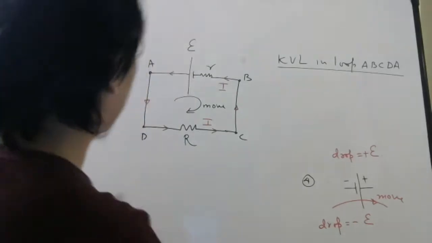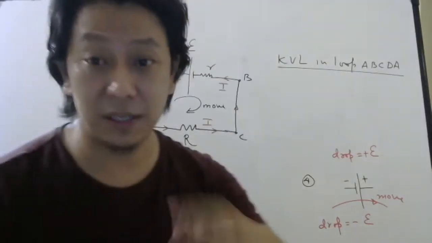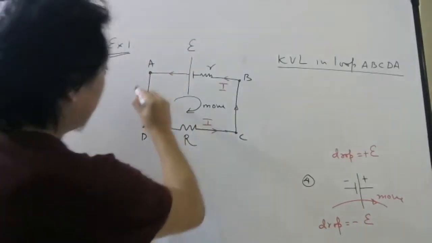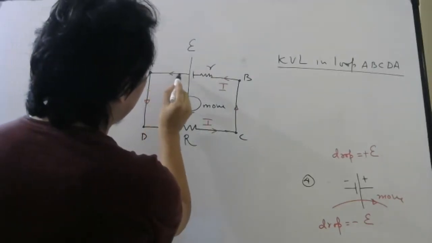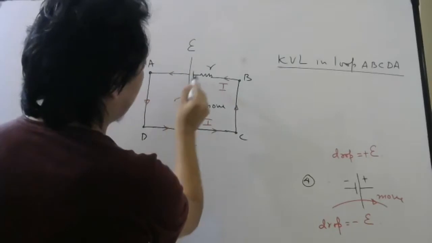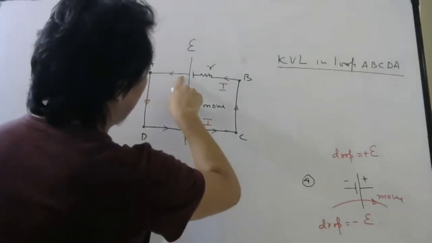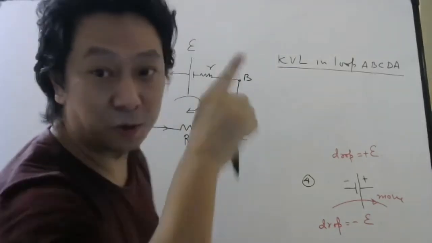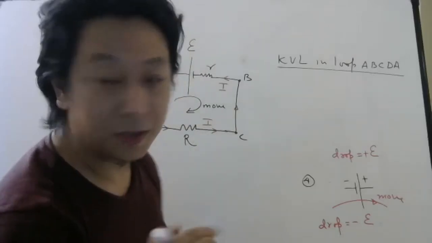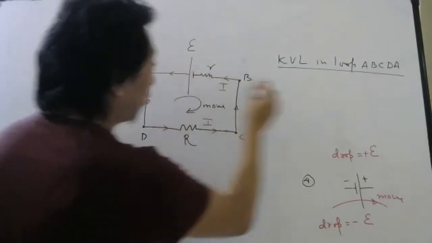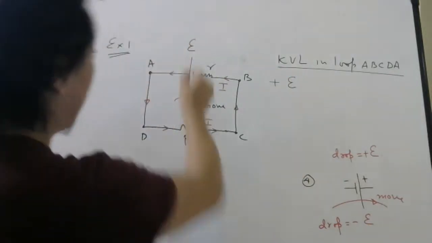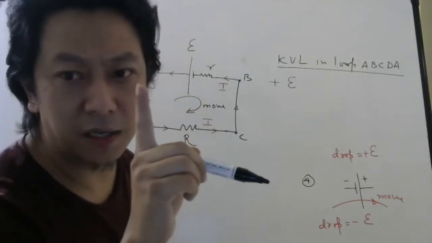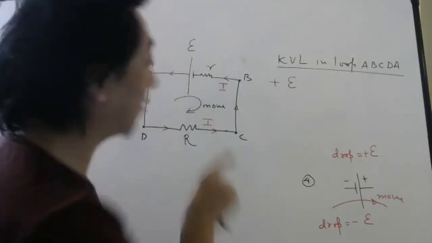So look carefully. And don't forget the sign convention. So I am moving this way, remember, okay? So here, nothing, nothing, nothing. Oh, first thing I see is the battery. I am going from plus to minus, that is drop. So the potential difference here will be plus E. Drop, I will take positive, I told, yes or no? And for battery, don't write I into R. For battery, it is just EMF.